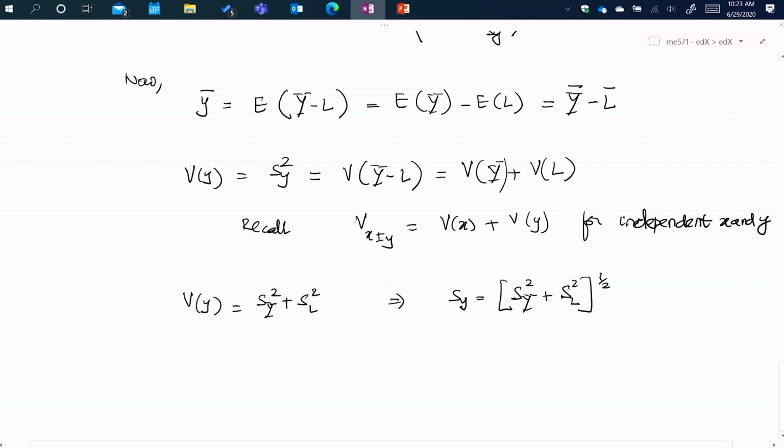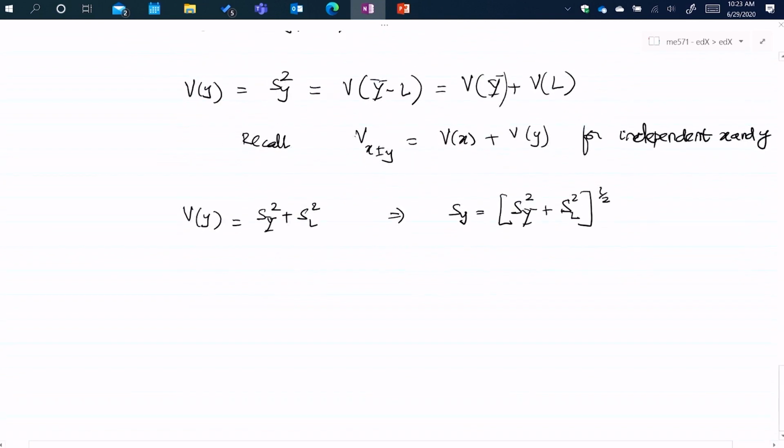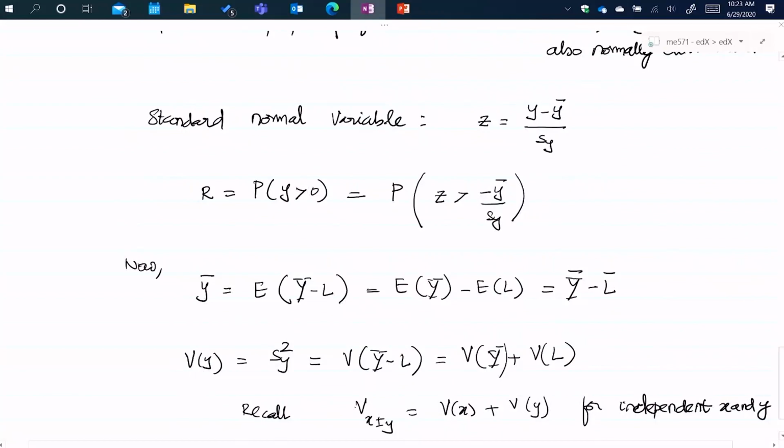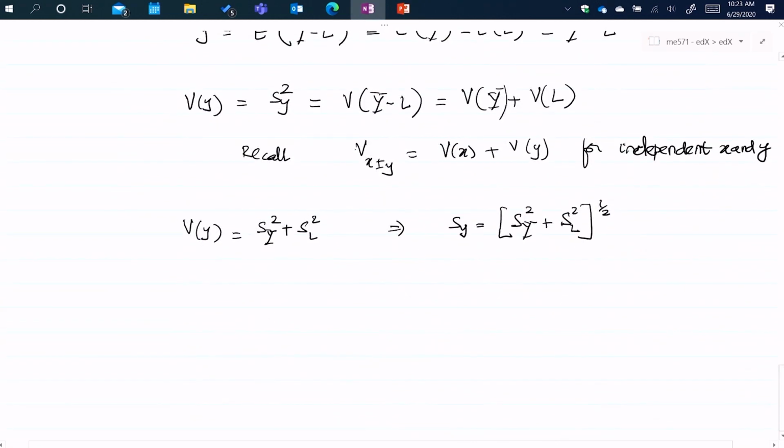As we defined before, let's call this equation star. So now substituting in star for y bar and s sub y,